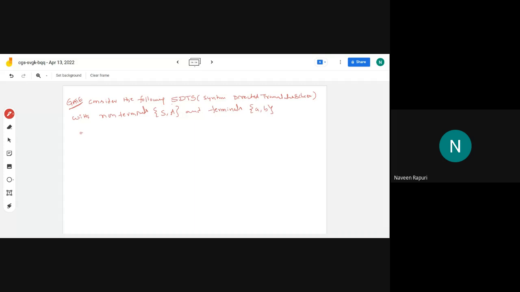The SDT is S derives small a capital A, S derives small a, capital A derives capital S small b, sir. Here the semantic rule is print 1. Here the semantic rule is print 2. Here the semantic rule is print 3. The question is